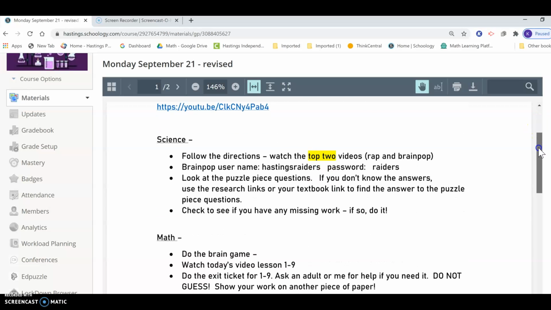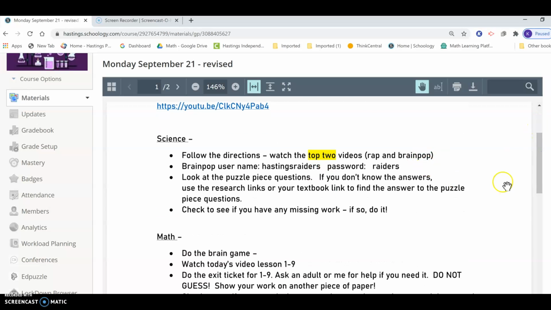It really is for you or for them to go back to and maybe make sure that they've done everything. So this is what they did. This is what the kids at home did for science on Monday. There were 2 videos that they had to watch. I give them the username and the password there. And then whenever there's something that's going to be graded, it's going to look like a puzzle piece, and I'll show you that in a minute. So they had to do some questions,